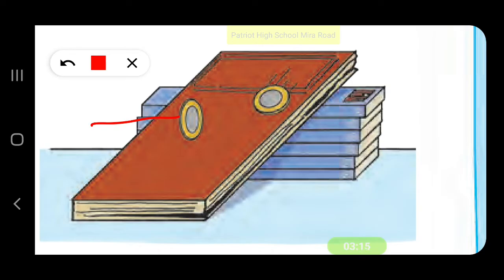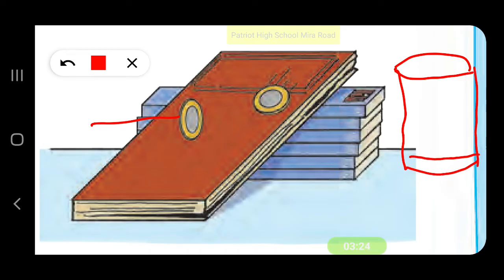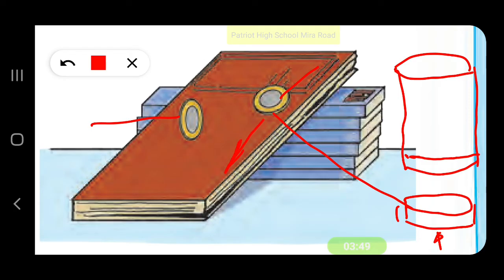This is a disc. A disc is a part of a cylinder. Suppose you have a cylinder. You cut this portion off. So it will appear like this. This portion, if you cut off and remove, it will appear like this. It has got a flat surface below and this object is resting on the flat surface. So it will slide down.